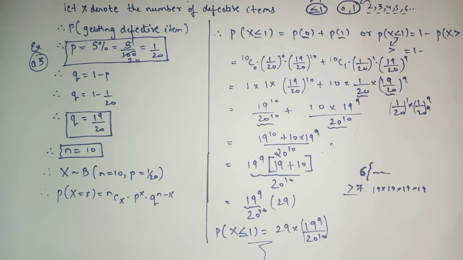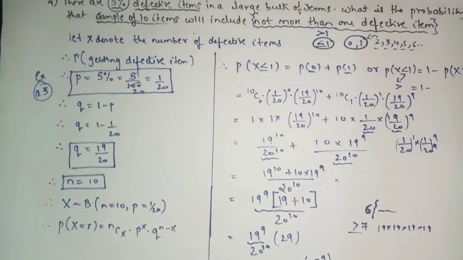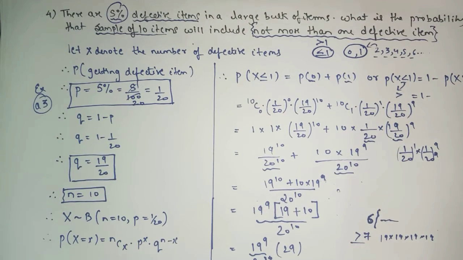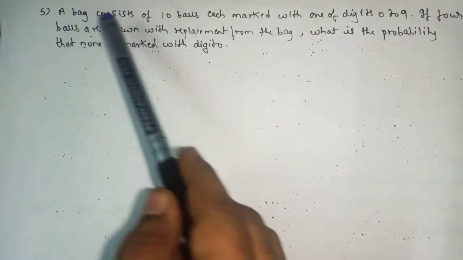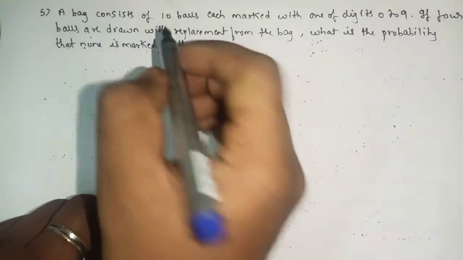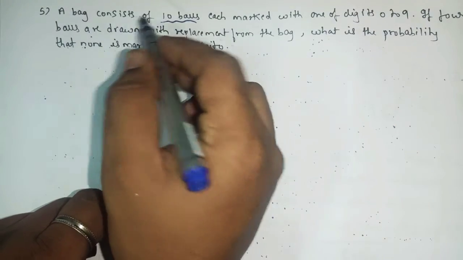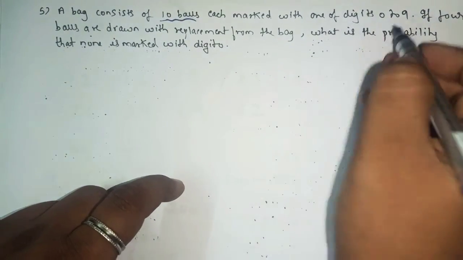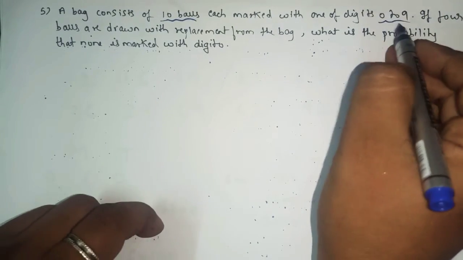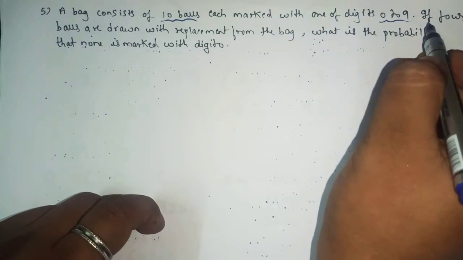Okay, so we'll take some more examples based on type number 2. Let's move on to the next question, number 5. Here the next one is: a bag consists of 10 balls, each marked with one of the digits 0 to 9. That means there are 10 balls. If 4